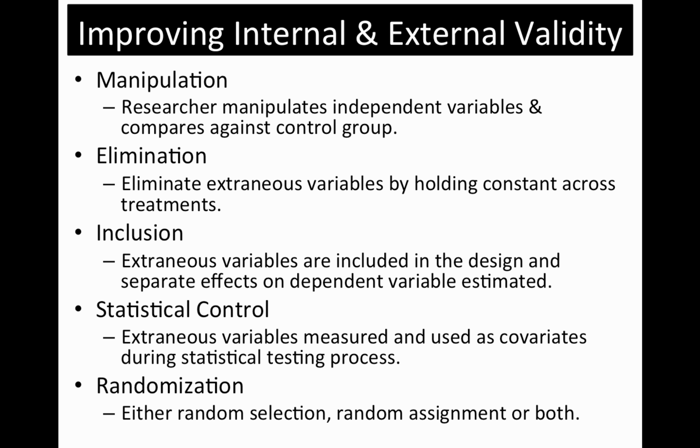In an inclusion technique, the extraneous variables are considered by including them in the design and estimating their effects on the dependent variables separately. Such techniques allow for greater generalizability, but also require larger samples. In statistical control, the extraneous variables are measured and used as covariates during the statistical testing process. Finally, the randomization technique is aimed at cancelling out the effects of extraneous variables through a process of random sampling